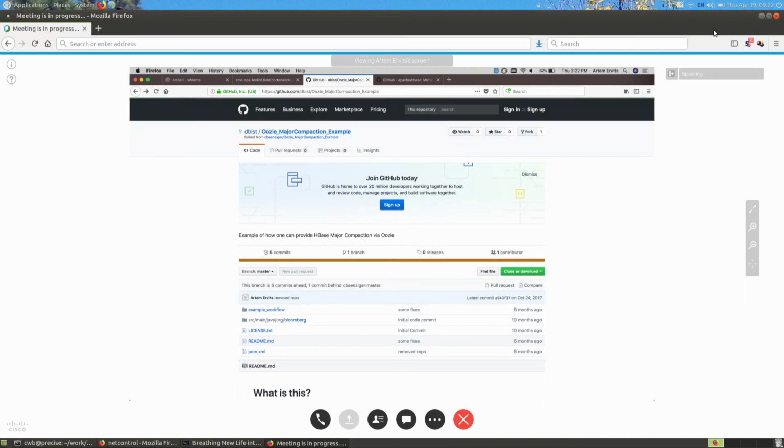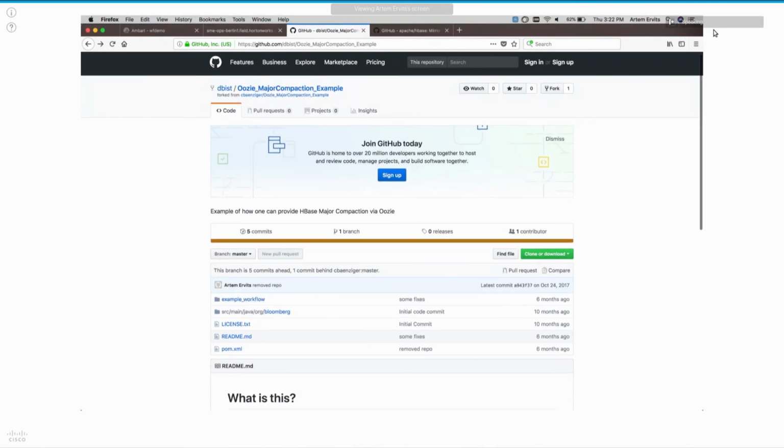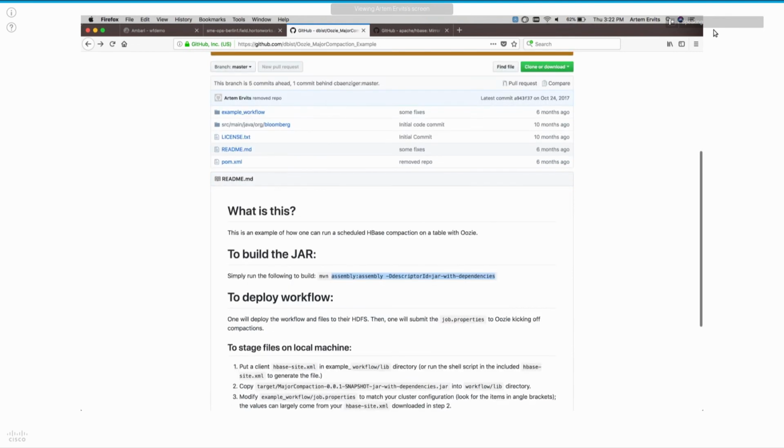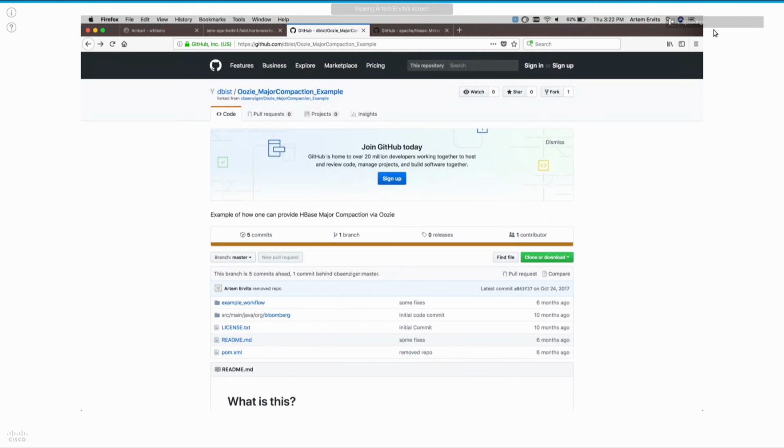So just to get started, there's a nice README that Clay created for this major compaction example. The reason we're doing this rather than some Hive action or Pig action is because those are very well documented. Doing HBase with Oozie is known, but not everybody would know about this. With Oozie being not as active in recent times, we're hoping to evangelize this, and that's why I'm saying you can do other things with Oozie, not just the standard out-of-the-box stuff. So HBase major compaction is one example.